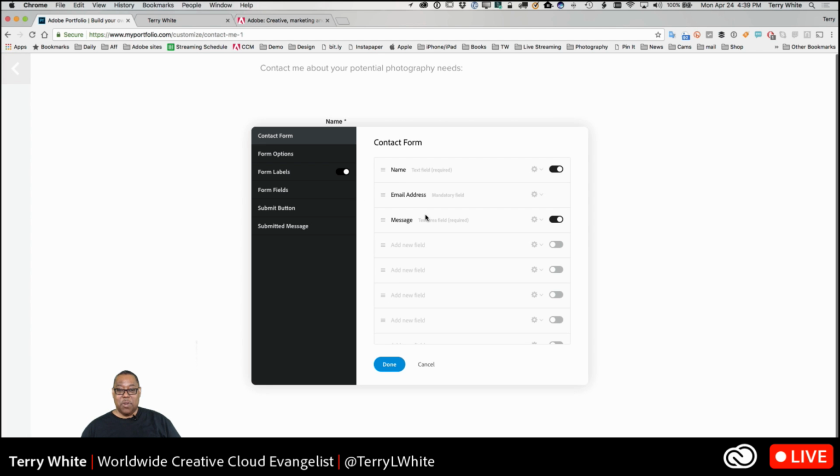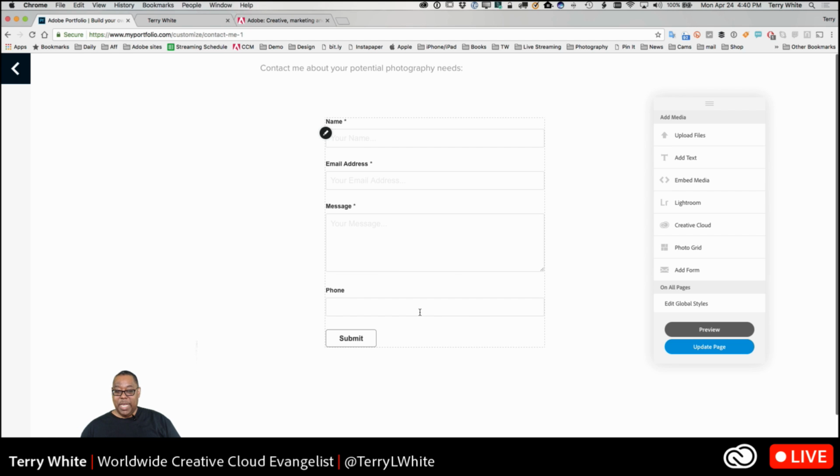So I can go to customize the form, I can add more fields if I need to collect more information than just their name, email address, and web address. Maybe I want their phone number. So I can go ahead and say, you know what, I need a field. Let's go ahead and edit the label. We'll call it phone. And yep, that'll be a text field. And I think you can even make it required. I wouldn't necessarily make this one required, but I would absolutely make the email required if it wasn't already required, which it is. Mandatory field, and text is also required. And so the first three are required: the name, email, and message, but the phone is optional. So now when I click done,